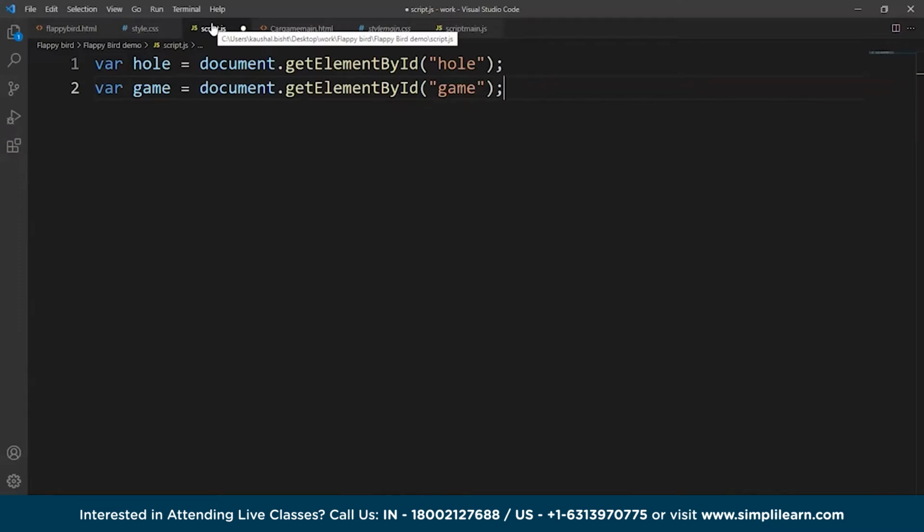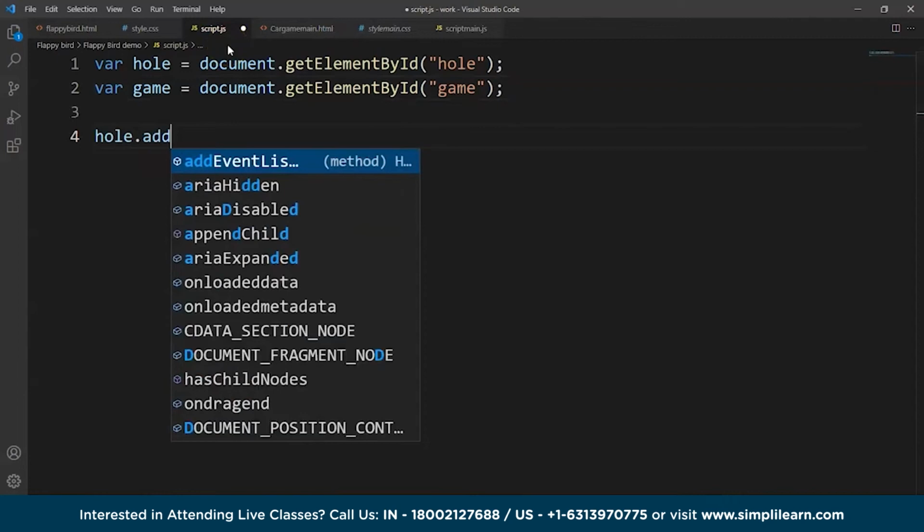So for now let's focus on these two only. Next up, we need the hole to be placed in random places in the block every time. For that we need an event listener. So we'll create a function that will change the location of this hole every time. It will change the location on every iteration of the block. Fine. So we'll write here hole.addEventListener,